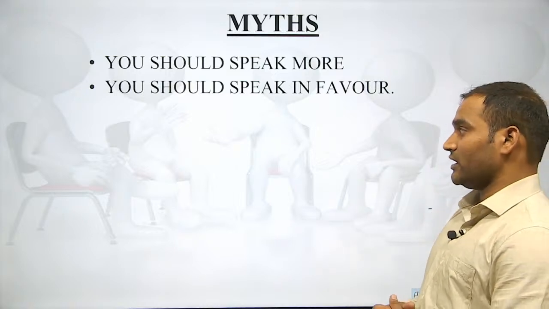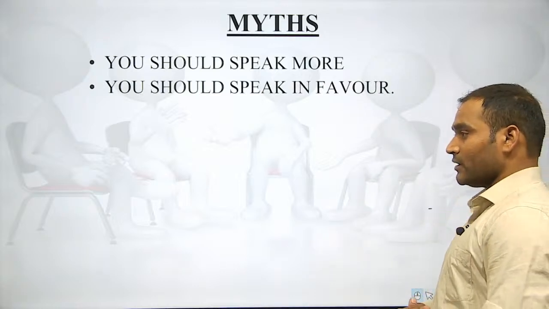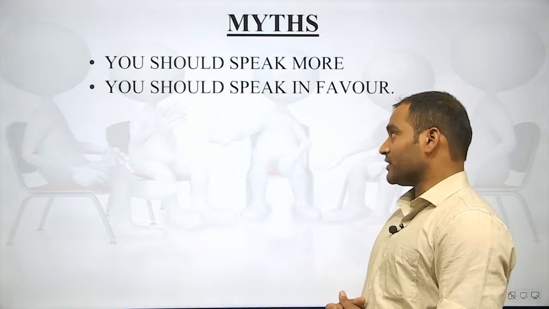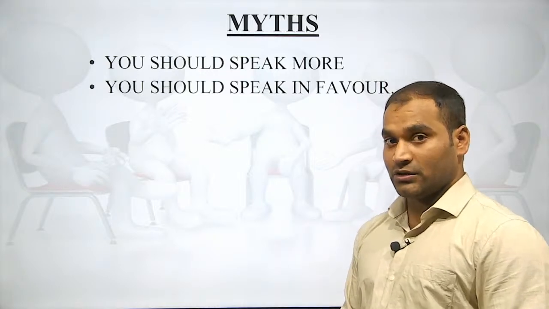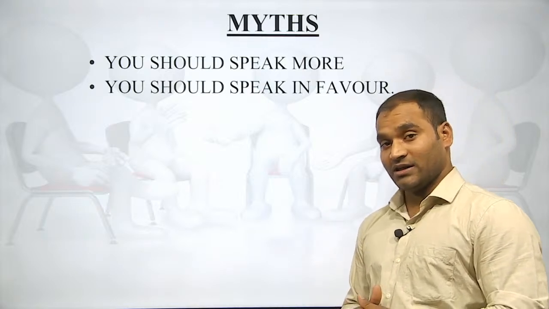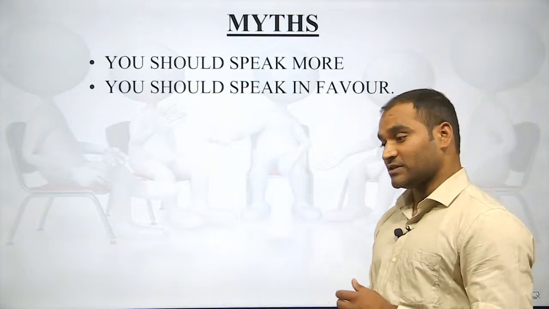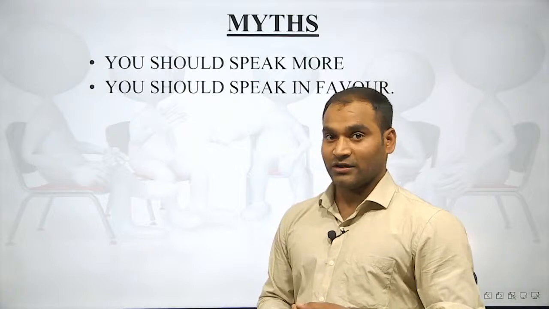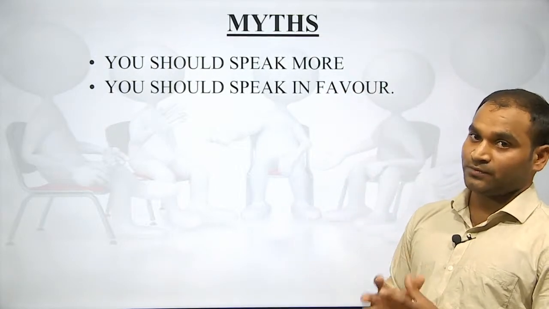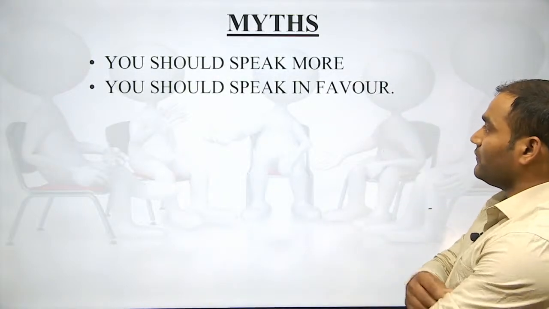Like abrogating Article 370, you feel okay, I should speak in favor, but then if we should declare war with Pakistan, and again you are speaking in favor. So, you need to maintain discretion about what is right, and then you have the knowledge. Understand, there are two factors: first is what is right and you have the knowledge, and then you can choose the topic or choose the lead that you want to speak on. Last time we discussed the topics, and I think you can make the lead.